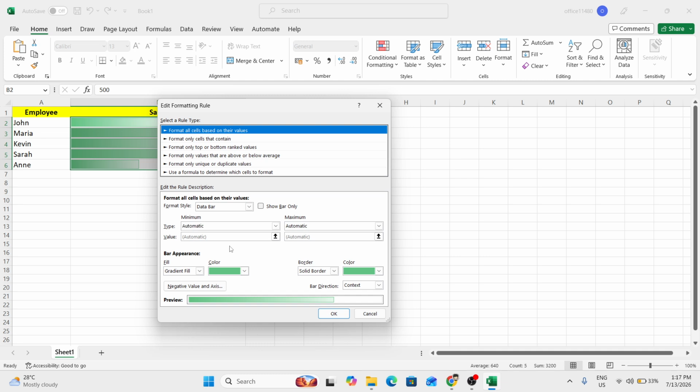For example, you can change the bar color to better match your spreadsheet design. You can also choose Show Bar Only if you want to hide the numbers and display just the visual bars. In addition, you can set the minimum and maximum values manually, which is helpful if you want the bars to follow a consistent scale. You can even change the direction of the bars depending on how you want the data